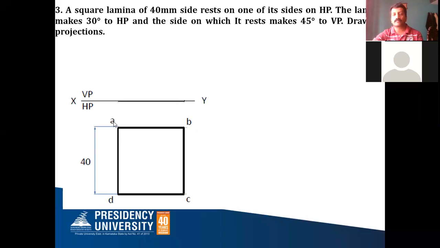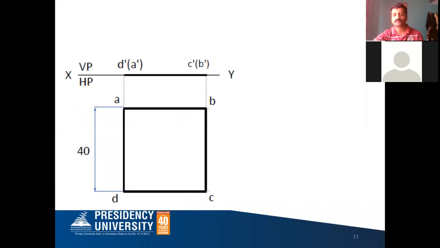You can name it your own; the name you can give. I have given ABCD. I have dimensioned this. One side is 40 millimeter because it's a square wherein all the 4 sides are equal. So the dimension line I have given here. Now after this, to write the front view for this, the front view looks like a straight line. That's what I told. When you see from the front side like this, C and D you can see. You cannot see A and B. Just look at the cursor.